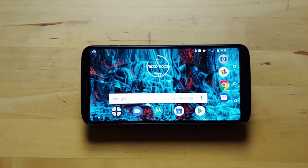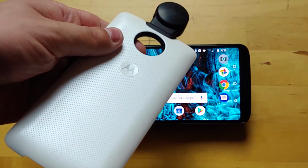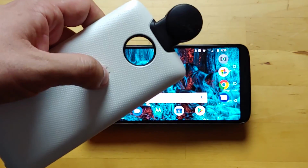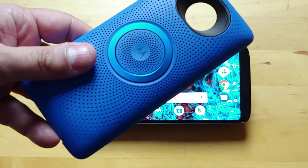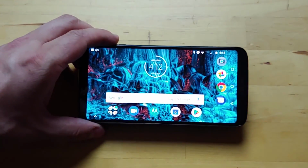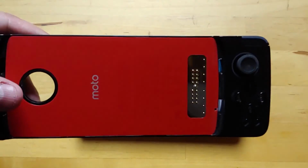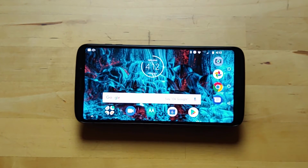It still works, but I have a 360-degree camera mod, which takes little VR photos and videos, and has a little shutter button on the back. Speaker mod, which I don't actually use. I prefer the Alexa mod because it kind of stands itself up like that, and I can just play music, and it seems to be just as good. Gaming controller mod, and again, these things just snap on, plug and play,